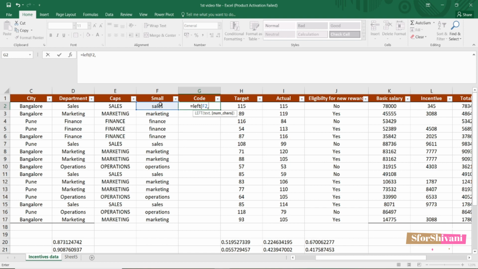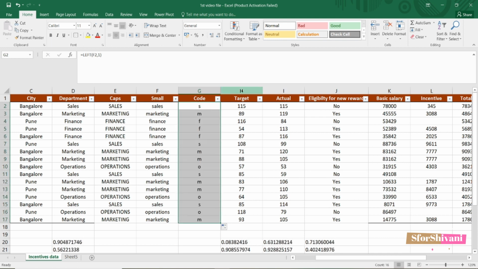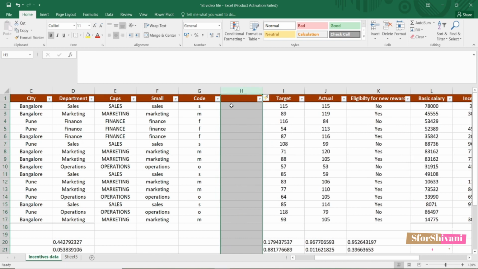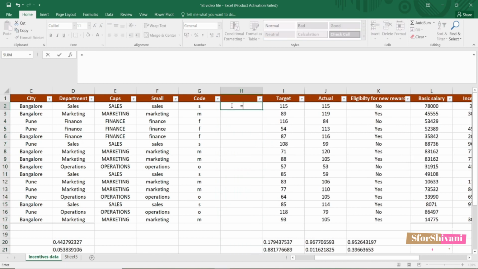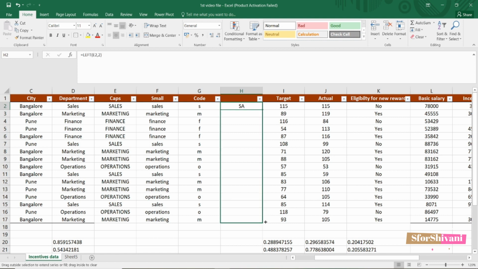So from left till whatever I have to select, I have to type the number of characters. So in this, I only want the first alphabet to be there. So I am saying 1. And now, as you can see, this is the code that I have got. Now let's say if you want the first two letters to be included, so what we do is select, type 2, and here is the code that we have.